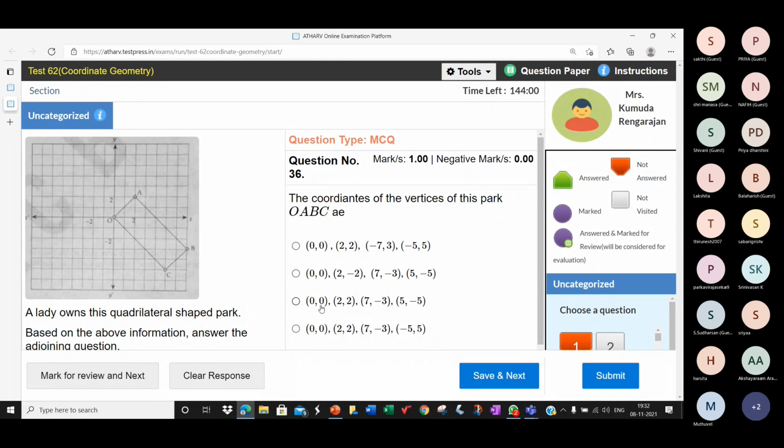So O is (0, 0), correct. A is (2, 2). You can see it's marked here, children. After the origin, 1 is not marked, but they've marked 2 here. Similarly here, 1 is not marked. This one is 1, this is 2, this is 3, this is 4, this is 5, this is 6. Similarly, 0, this is -1, -2, -3, -4, -5. On the other side of the x-axis, -1, -2. Anyway, this is not of much relevance because the quadrilateral is completely here.